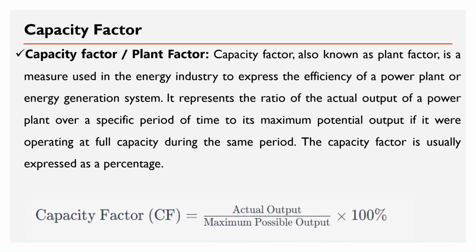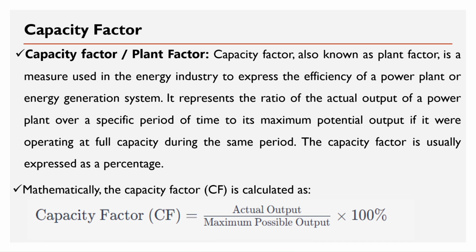Capacity factor, also known as plant factor, is a measure used in the energy industry to express the efficiency of a power plant or energy generation system. It represents the ratio of the actual output of a power plant over a specific period of time to its maximum potential output if it were operating at full capacity during the same period. The capacity factor is usually expressed as a percentage. Mathematically, capacity factor equals